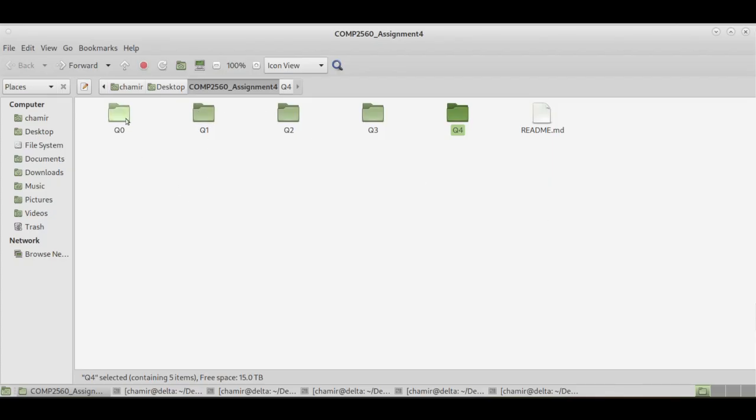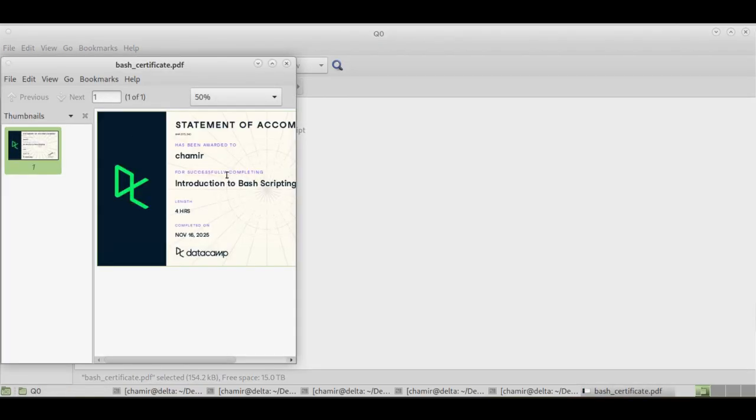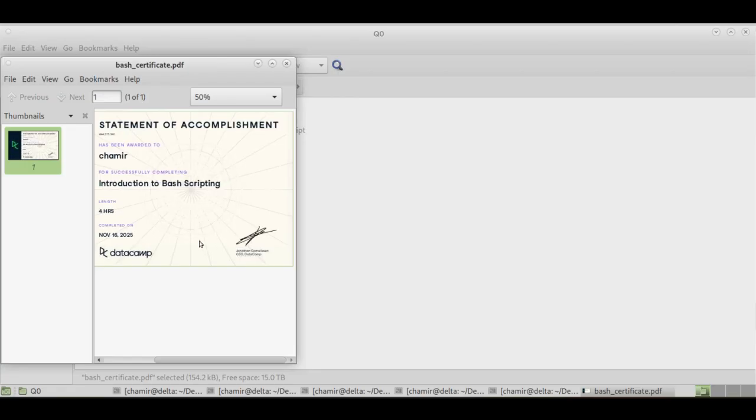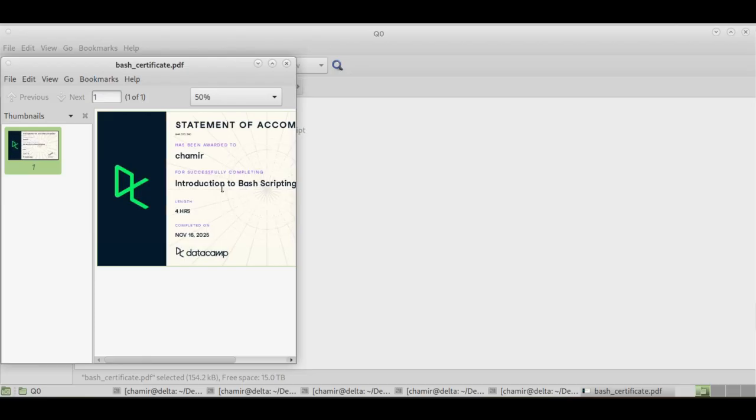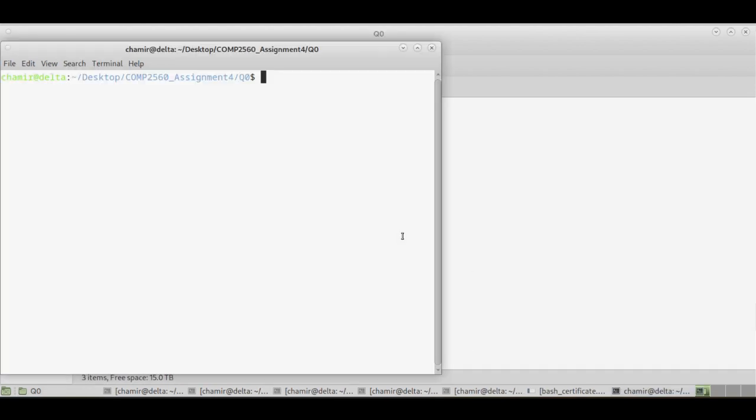Question 0 was just for completing the DataCamp certificate, so I can show that right over here. Here's the PDF, and here's the certificate that I did for the Introduction to Bash Scripting course. And if we wanted to just check